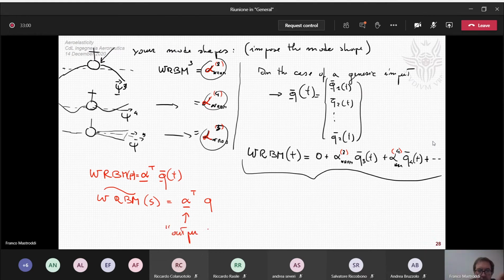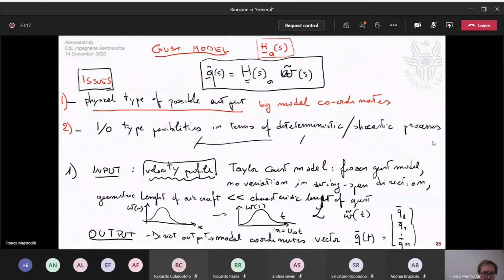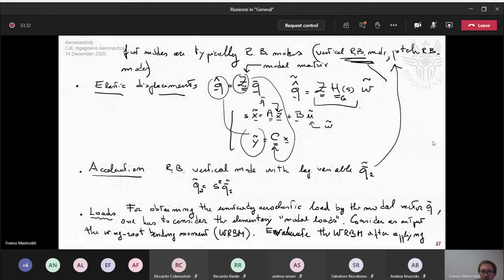I mean the matrix which allows you to identify your specific output based on the state space vector, the modal coordinate vector. Okay, and this is the version in Laplace domain. So here we have a list of possible input and output in terms of physical type of possible variable: velocity, modal coordinate, acceleration, elastic displacement, loads. And these are all the possibilities you have on selecting your output in